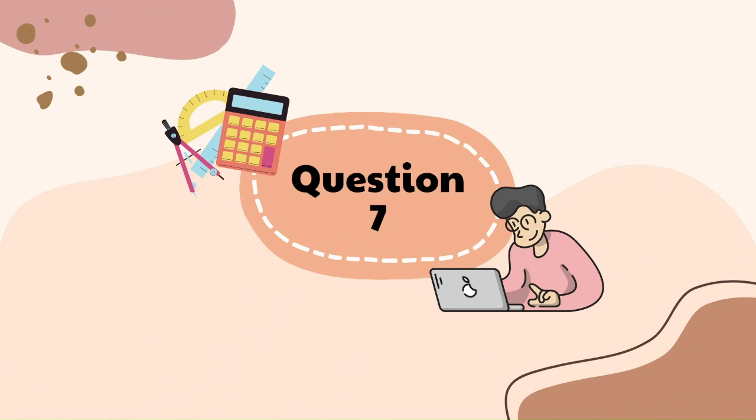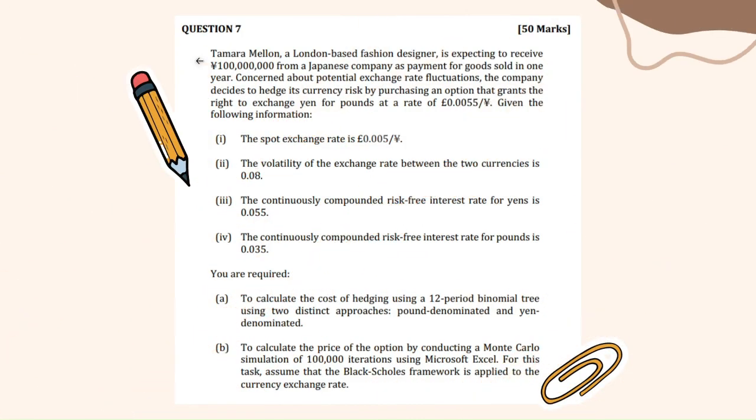Next, I'll be explaining question 7 for this CBT. For question 7, Tamara Mellon, a London-based fashion designer, is expecting to receive 100 million yen from a Japanese company as payment for goods sold in 1 year. Concerned about potential exchange rate fluctuations, the company decides to hedge its currency risk by purchasing an option that grants the right to exchange yen for pounds at the rate of